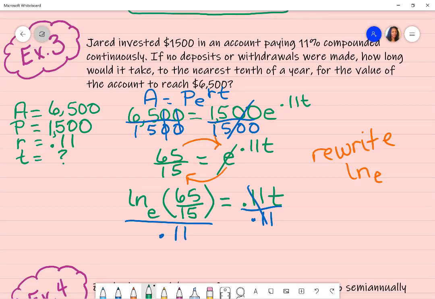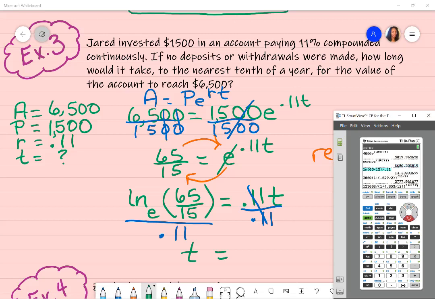So I am going to rewrite it with my variable on the left-hand side. T is equal to... I have to go back to my instructions, which ask me to round it to the nearest tenths of a year. So I can't leave it in the form that it's currently in. I put it in a calculator